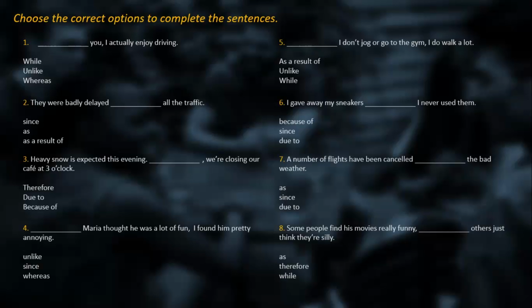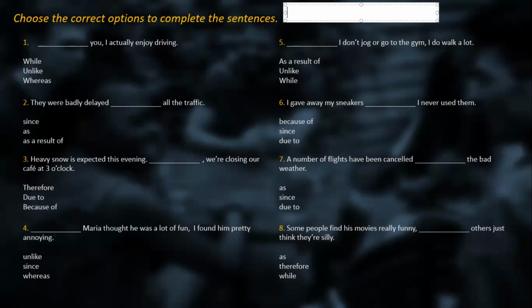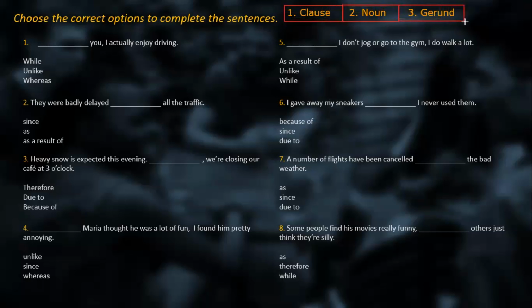No, in the first one, we need to use a contrast, like unlike. Okay. And why is unlike the best option? Because I want to express the contrary idea, the contrary emotion that my friends actually feel at the moment. And do we need to use a clause? Do we need to use a noun? We need to use a noun because you is a noun. Yes, exactly. That's the main characteristic. For sure, we need to contrast, but the characteristic in here is that you represents only the subject of the sentence. Unlike is the best option. It has only you over here, so unlike is the best linker.